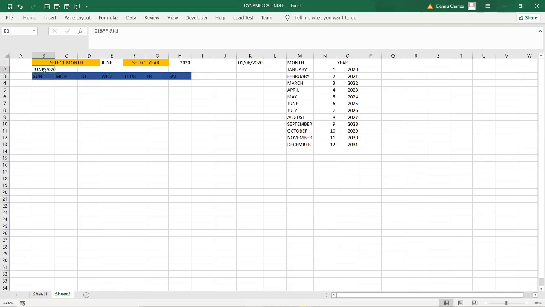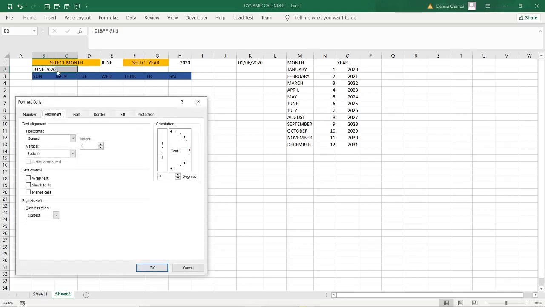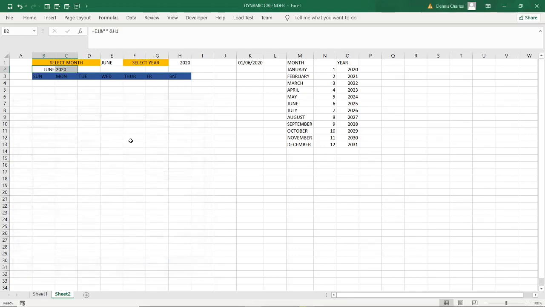Now I need to do the same thing that I was doing here. Control 1, so that I go to alignment. I make it from general to center selection. I can have it with a different color. That is still formatting.